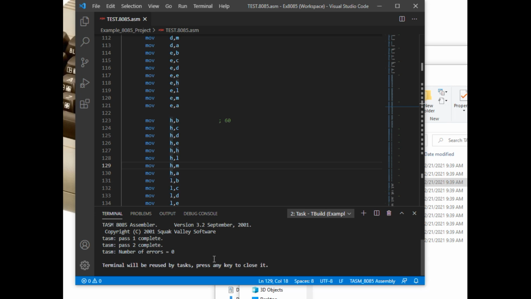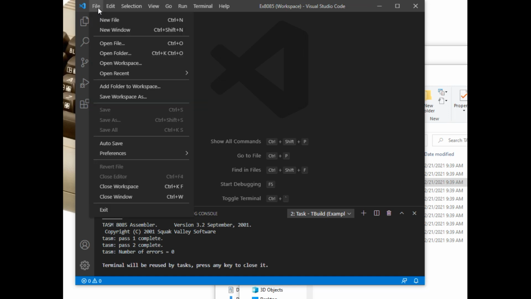Now, for a more complicated example, let's take a look at what it would take to write a program for a Commodore 64 and launch it in VICE. So again, we'll go ahead and close down our existing project, close Workspace,